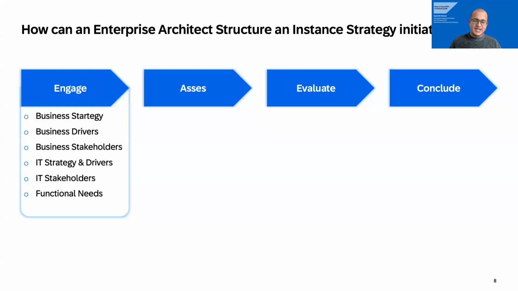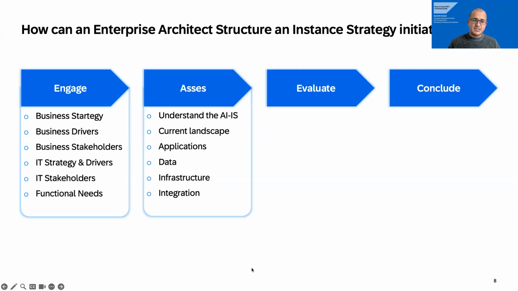What are these key important considerations that you need to factor in? Understand both business and IT stakeholders and their functional needs. So talking to finance, procurement, supply chain, sales across different functions, and understanding how they see their business growing in the next 5 to 10 years. So this is why we call it Engage, where we bring everybody together and understand what are the key things that are important for business and IT.